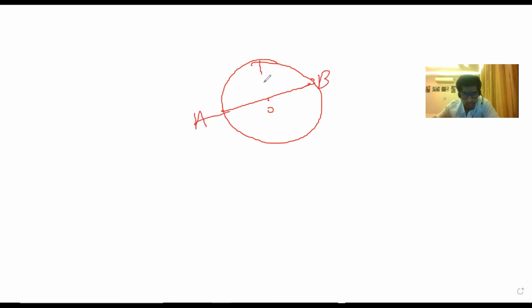So what is a diameter actually? Diameter is double the radius, and it passes through the center. So this is the center O, and this is the diameter AB. Not only this is a diameter, there are infinite number of diameters in a circle, like CY, CX, AY, and so on. But is a diameter a chord? From the definition, a chord is a line segment joining any 2 points on a circle. You see that this is a point, C is a point, X is a point.